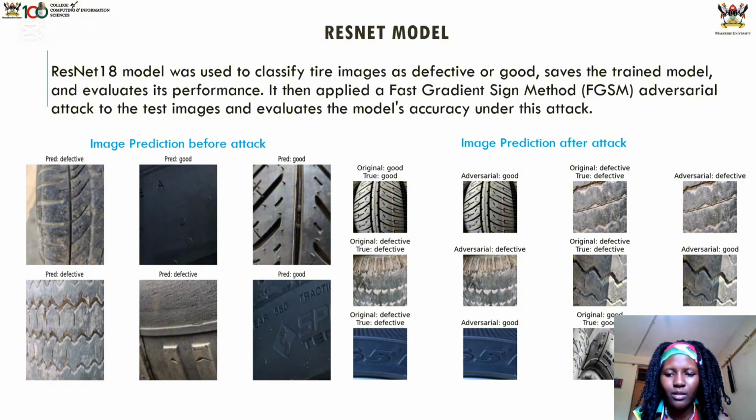Now, when you look at our results here, you realize that the ResNet model actually predicts most of the images correctly, and from our observation here, it predicted two of them wrong. This means that our model can be used for outside